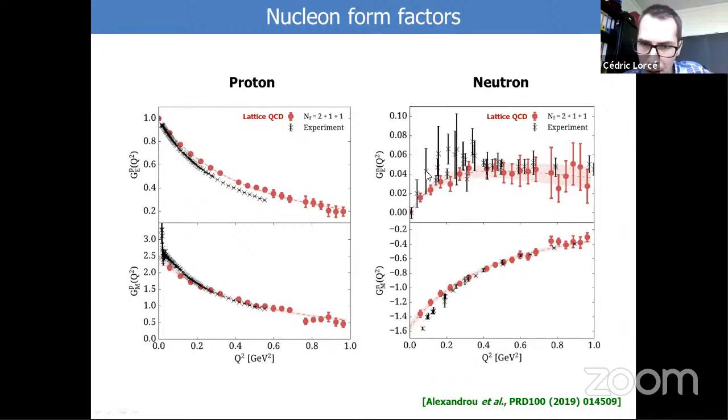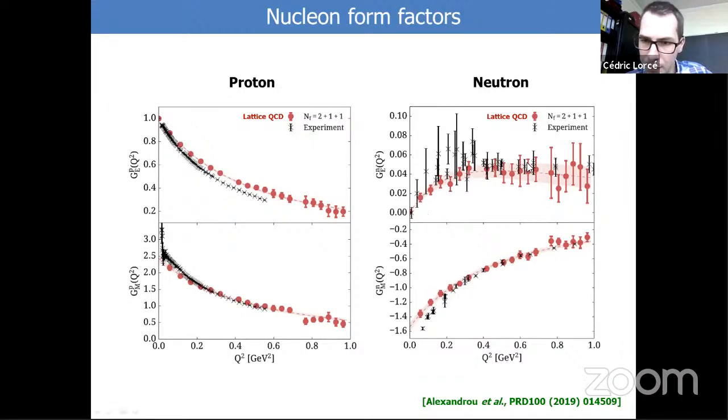And also for the neutron, you see that in the neutron case, the experimental value for the neutron electromagnetic form factors are not so nice. And this has to do with the fact that we do not have a free neutron target. We do have free proton target, but not free neutron target. So we have always to consider, for example, a bound neutron, for example, in helium or deuterium and so on, correct for nuclear effects, and say that the rest is due to the internal structure of the neutron. And this explains why we have larger uncertainties.